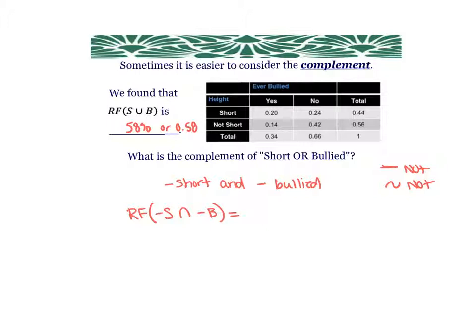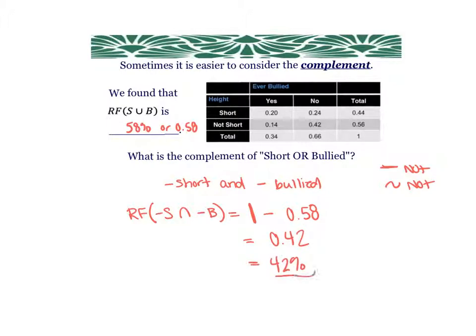And if they have no overlap, that means I have to account for all of the outcomes. And so if I'm accounting for all of the outcomes, I just have to take 1 minus 0.58, since I know that short or bullied is 0.58. So that would just give me 0.42, or